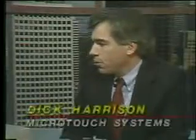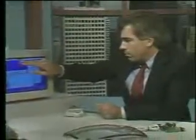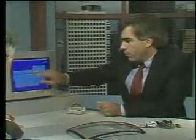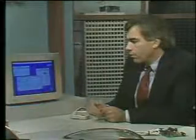I think it works pretty well with the Mac. You see, with the Mac and other higher power graphic user interface machines, it's quite easy to move things around and to pull down menus and that kind of thing. Are you just clicking by lifting your finger? Yes, simply by lifting off, the mouse button goes down and then comes back up again. So, in the same way with the Mac, I can just move these all over and move the cursor around? Yes, exactly. In the case of the Macintosh, the nice thing about it for touchscreens is that our software driver emulates the mouse, so all Macintosh programs work